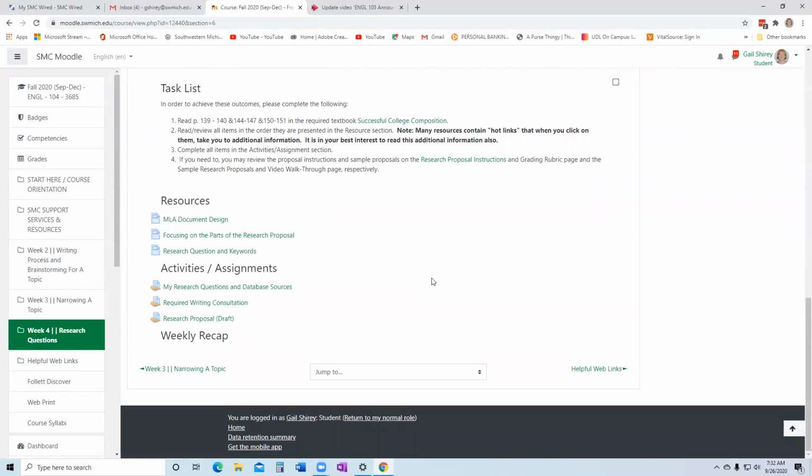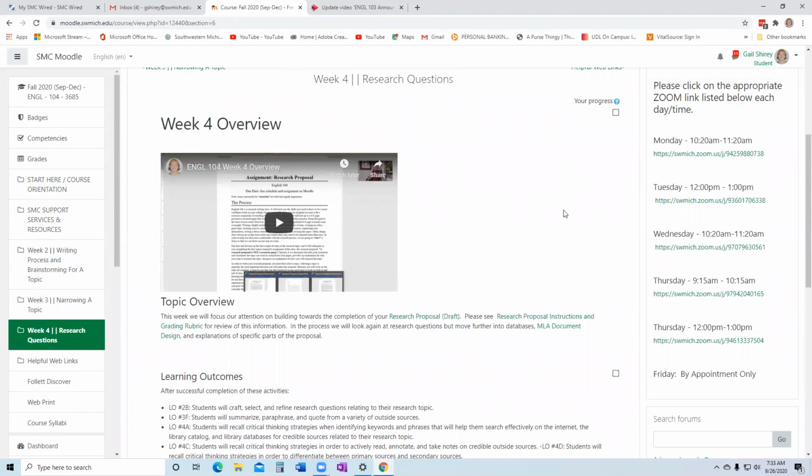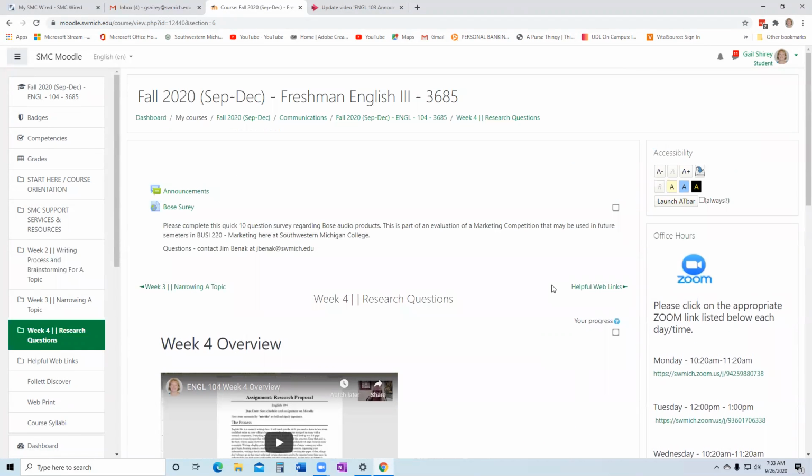That's it for this week. The bulk of the work is developing questions and then drafting your proposal. These are the items that you've got to be thinking about. Remember, the proposal is a formal writing, so you do need to adhere to the directions and MLA document design. I provide a plethora of resources, and you are always welcome to conference with me and talk with me during my office hours, which, as you know, are posted on Moodle. All you have to do is click into one of them at that day and time, and I am in the Zoom room, happy to talk to you live about whatever you need.